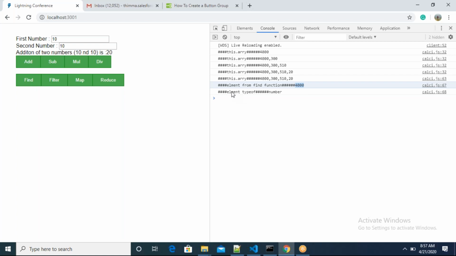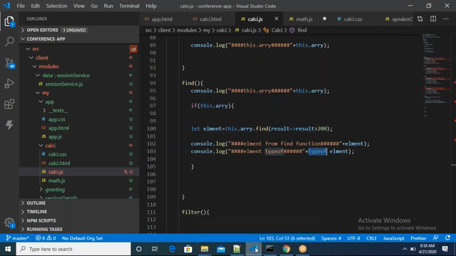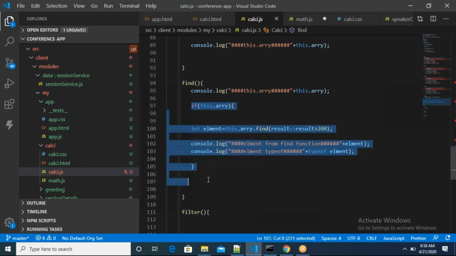And if you check the type of, it is just a number, it is not an array. This element which you got is just a number now, right? So let's see the same thing for the filter, right? These two are a little confusing. So let's see the same thing for the filter. So you don't need to learn separately. If you are flexible with it, you can just take this piece of code